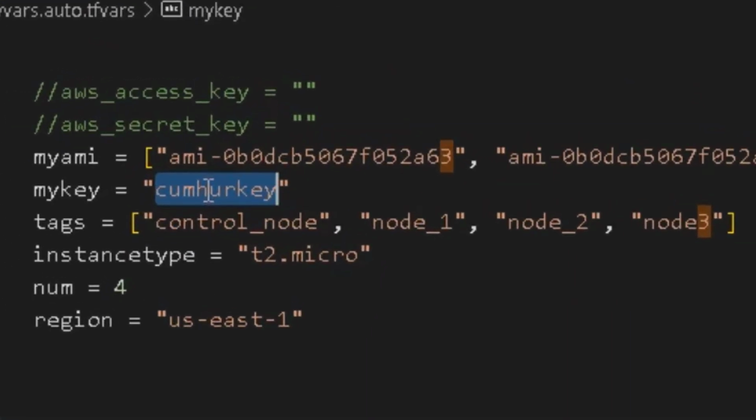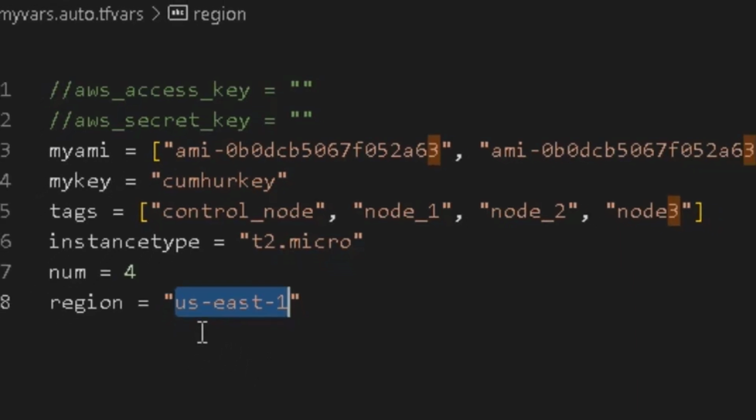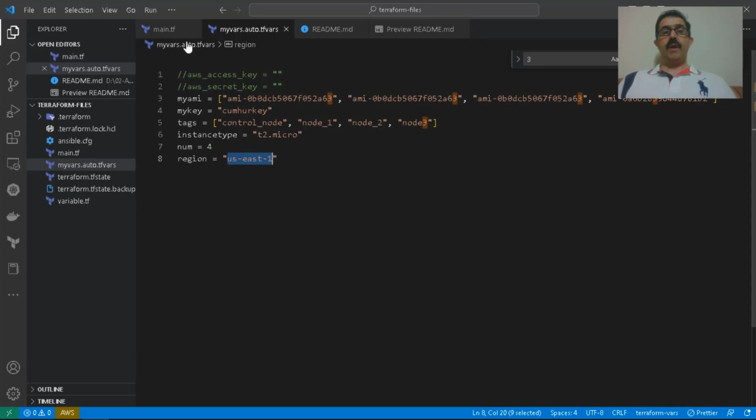We have to change my key value. Write the name of your key pair. Be careful, we will not write .pem, only the name. And we must check the region, the region where you install Ansible. My region is US East 1, and